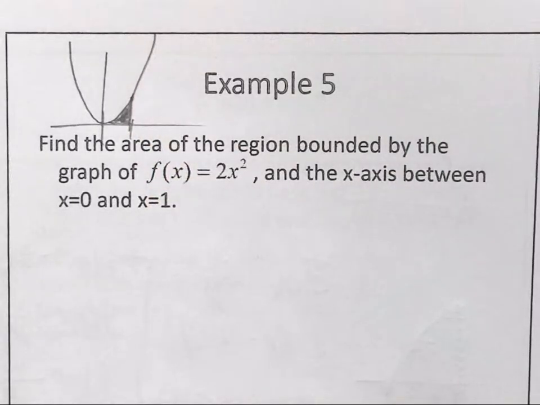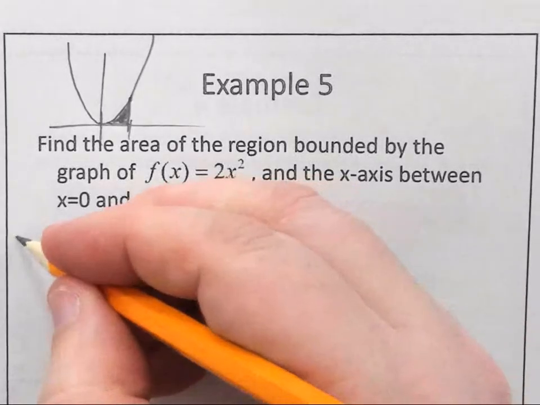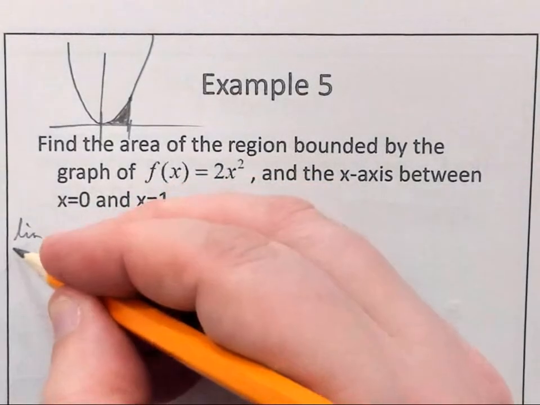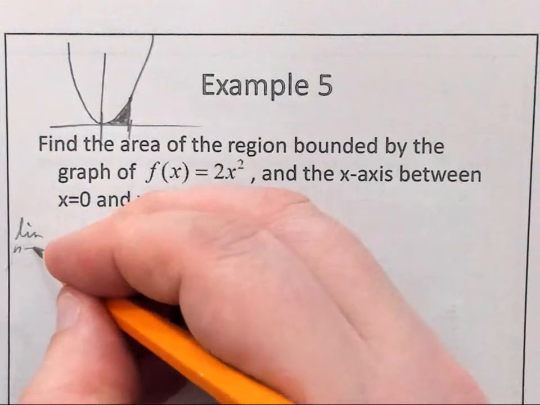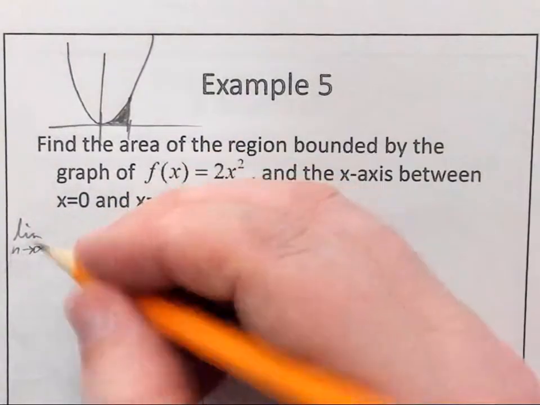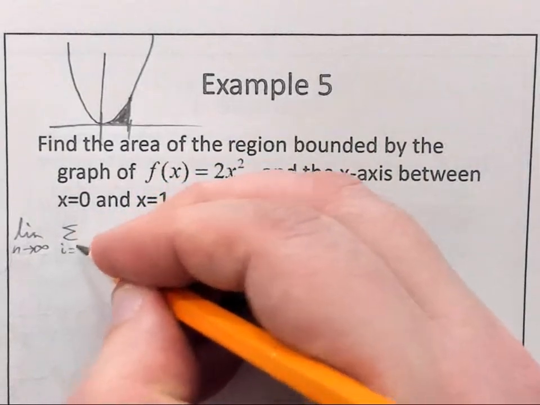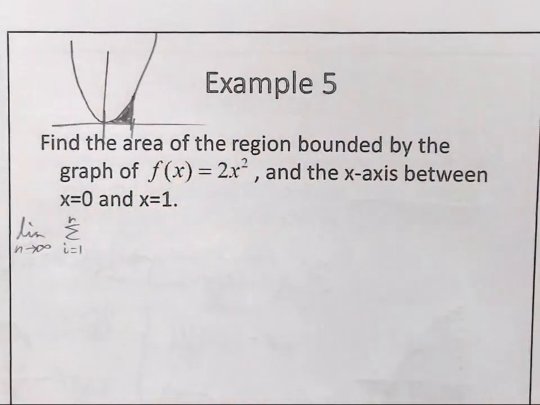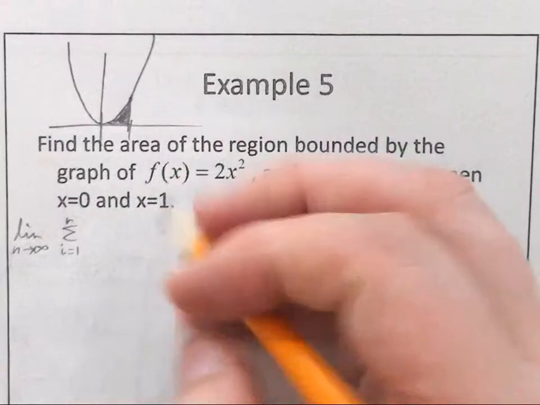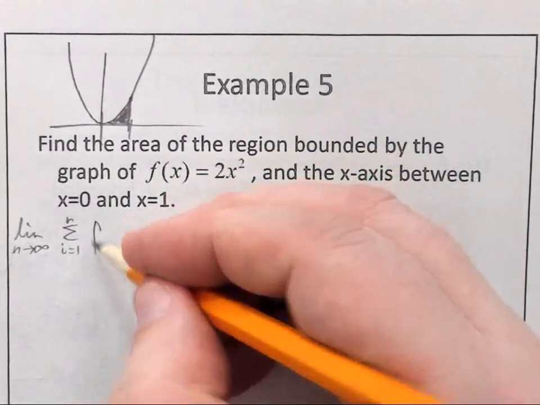Okay, because your rectangles are so small, instead of being a bunch of rectangles, you actually just have a shaded region on the actual graph. So what I want to do with this, I want to take the limit as n goes to infinity, so as many rectangles as imaginable, actually more than that. The summation is i goes from 1 to n, and that'll always be the same thing. And then I'm going to take my function. But when I'm going to plug into the function,